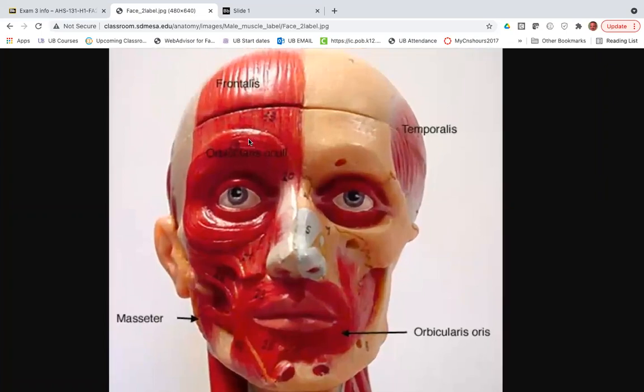Frontalis, orbicularis oculi, temporalis, orbicularis oris, mentalis, masseter, risorius,